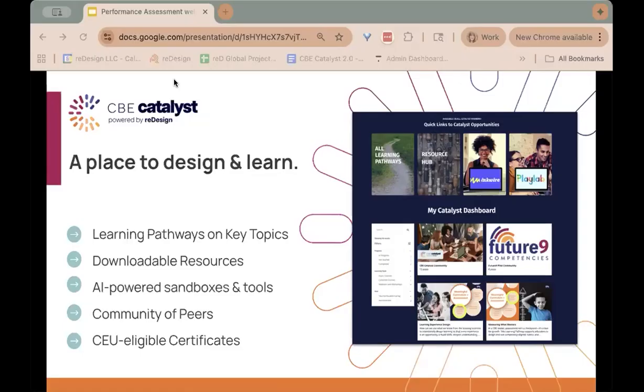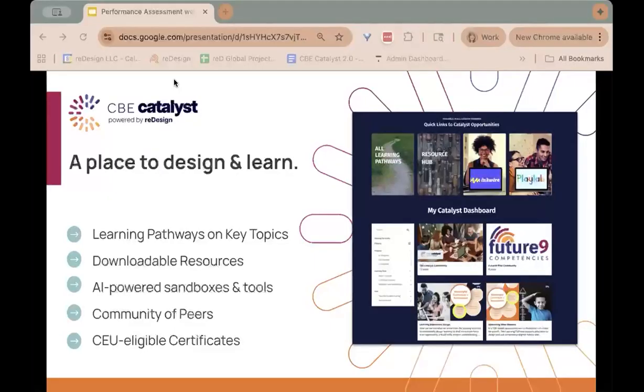And so we've built CBE Catalyst as a way to provide much more affordable support to individuals, to small leadership teams or individual leaders and school teams and district teams, and even a state team would be very possible.